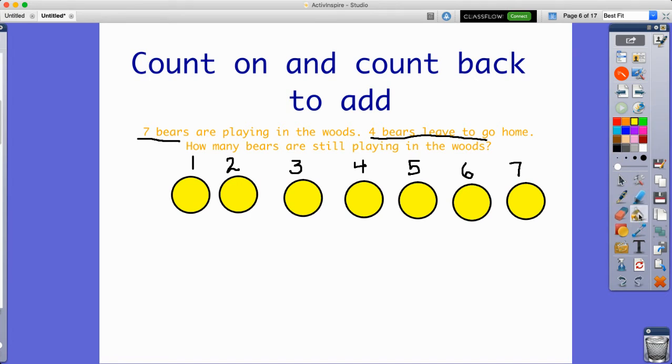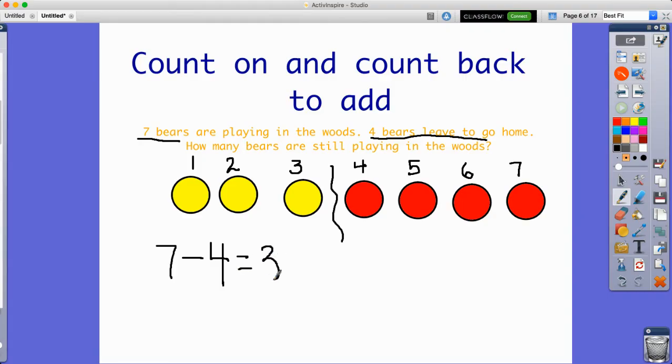Okay, now the next part says 4 bears leave to go home. So what I'm going to do now is turn these 4, 1, 2, 3, 4, red. That way I know that these 4 little bears are gone. And then I want to know how many are still here with me. So how many yellow do I still have here? Well, I have 1, 2, 3. So I can write that as a subtraction sentence. So 7 minus 4